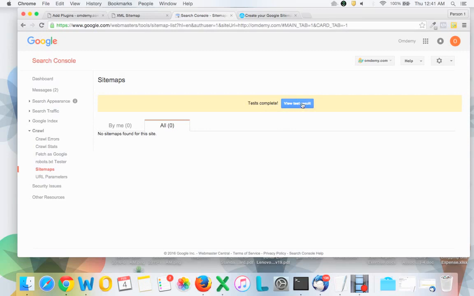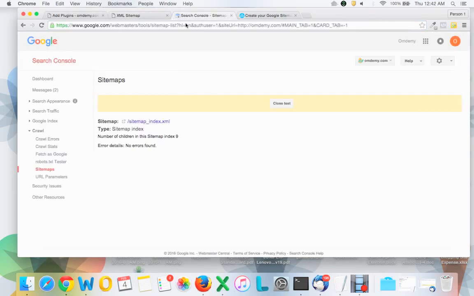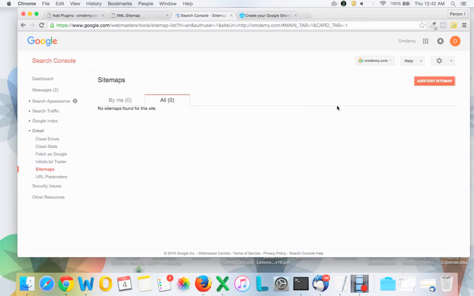Now you can view the test result, and you see that it says the number of children in this sitemap index is 9. So that's what you saw here. There are 9 children sitemaps, and it doesn't say that you have any error, so it says no errors found. That means your sitemap is good and ready for submitting.